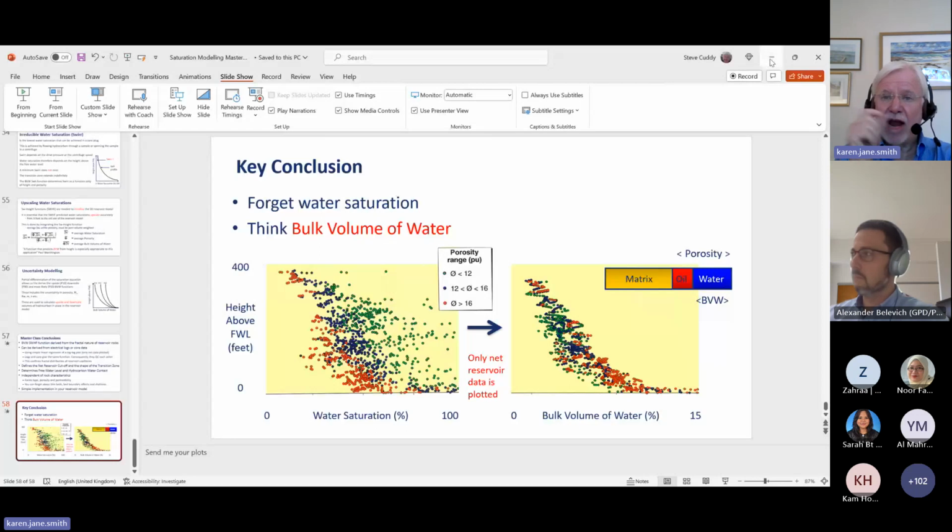Then the last step is to convert the BVW and the depth to log space. And in log space, we have a straight line. We only put the line through the best points because the resistivity log is most confident. We get two parameters, the intercept and the gradient. And from the intercept and gradient, this will give us the A and B. And we can use that function completely throughout the 3D model.